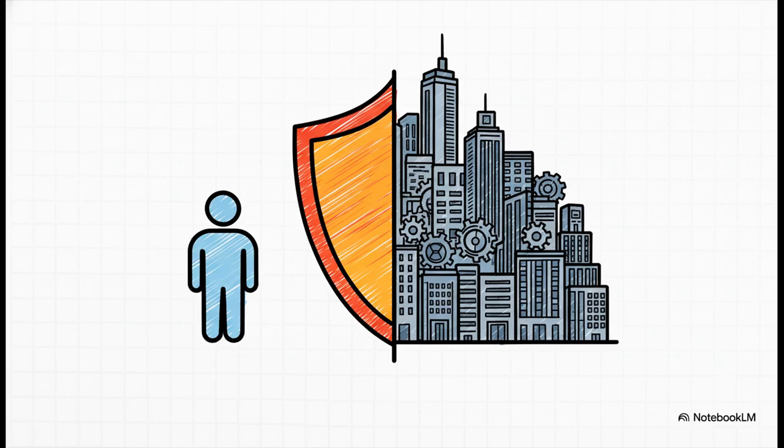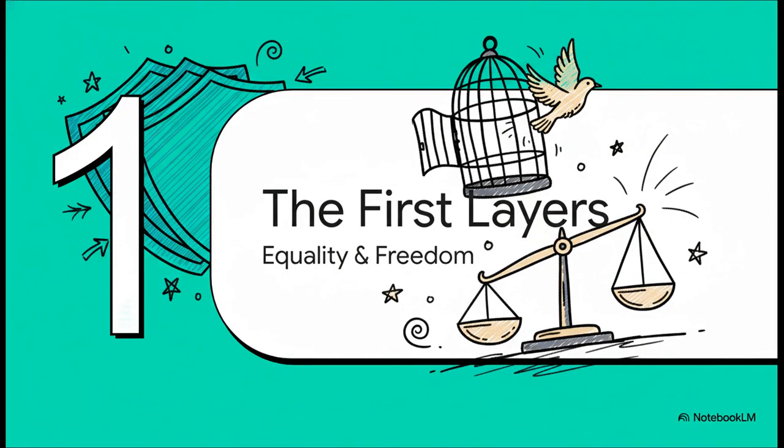So this is the main takeaway, the central idea for everything we're about to talk about. Your fundamental rights are designed to be a powerful shield. They draw a line in the sand that the state, in all its powerful forms, is not supposed to cross when it's dealing with you. So let's start peeling back the layers of this shield, shall we?